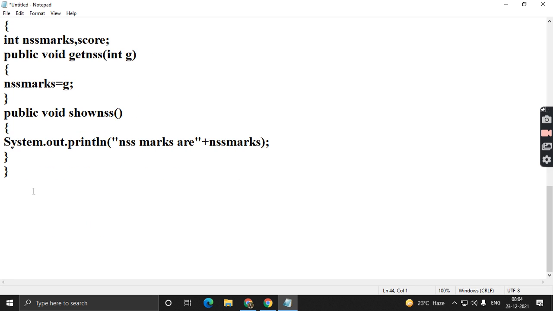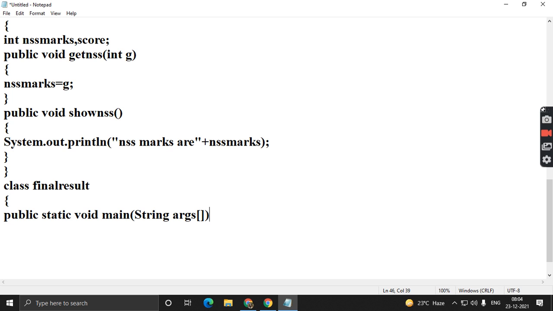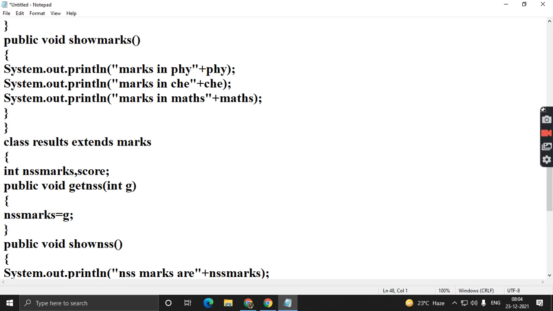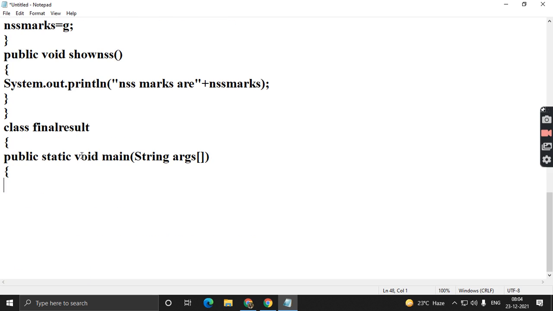Now we will have the final class. So using the subclass, the child result, we will create the object of result.